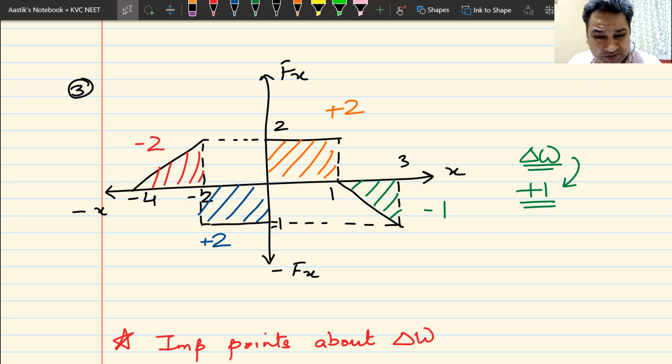Because if a question comes from work done, it's more likely that it will be a question on graphs. That is why I have done this question. Because I feel that if a question comes, it would be from graphs. That's my honest feeling, gut feeling, call it. And my gut feeling works. So if you still have doubts, I can give you one more question, not a problem. Shall I give you one more? Or shall we move forward?